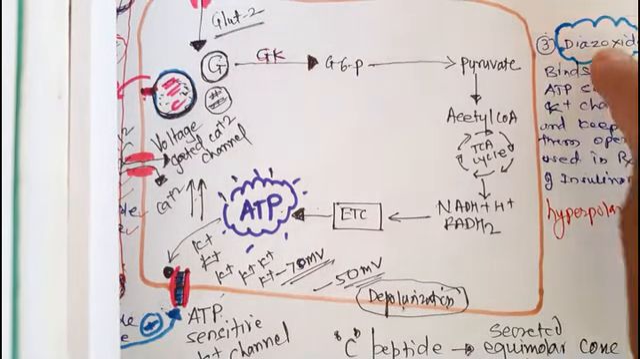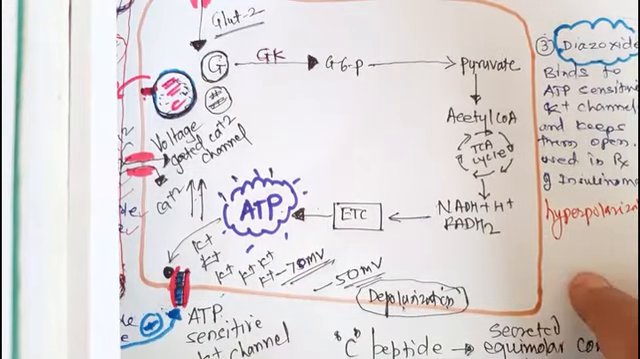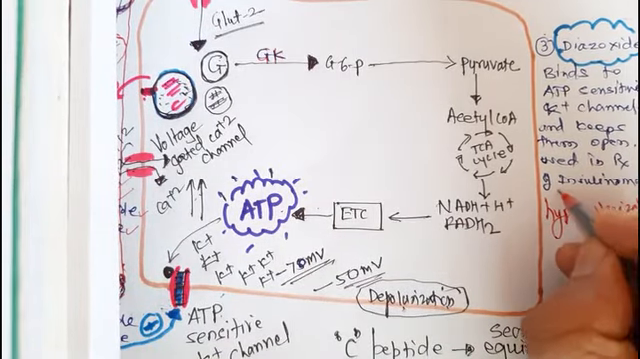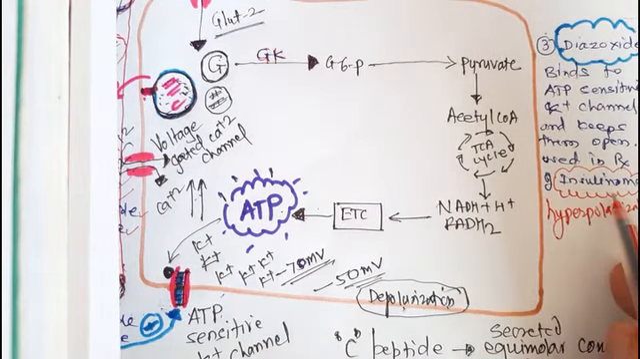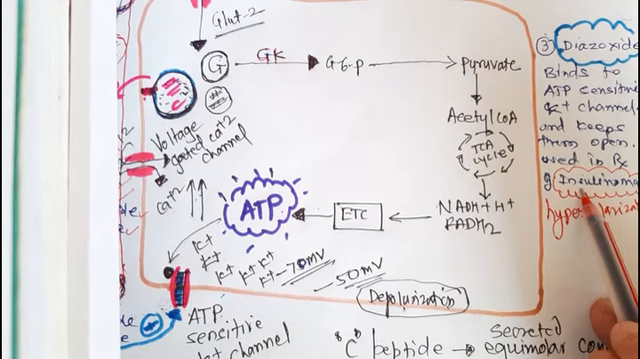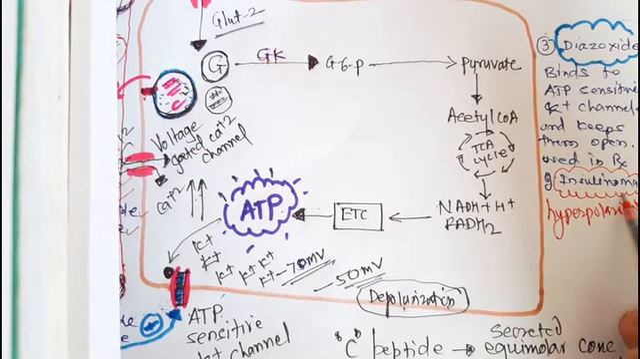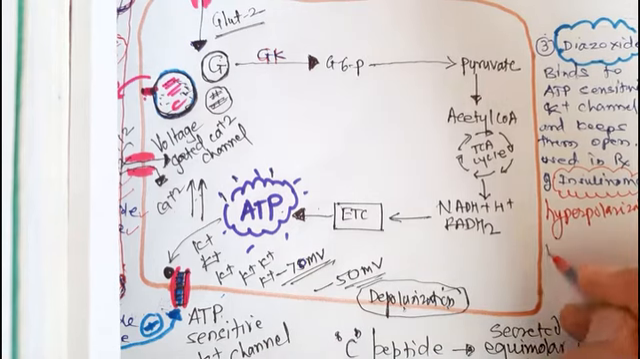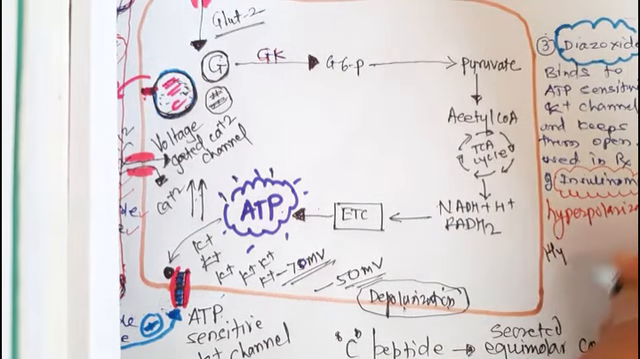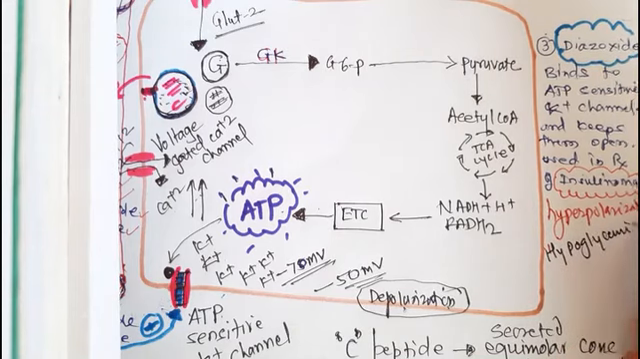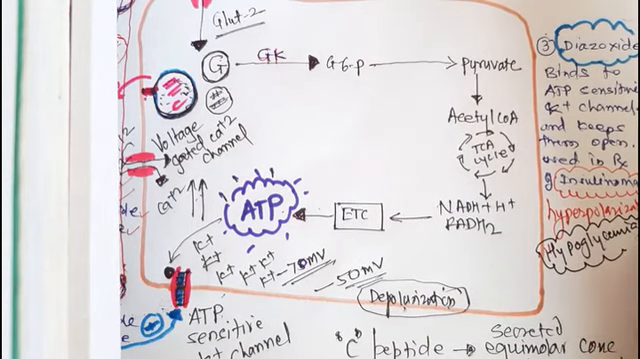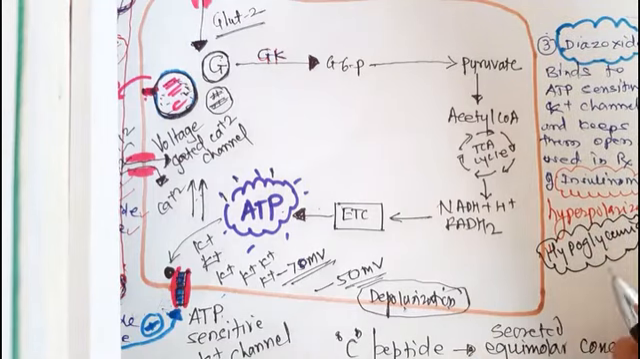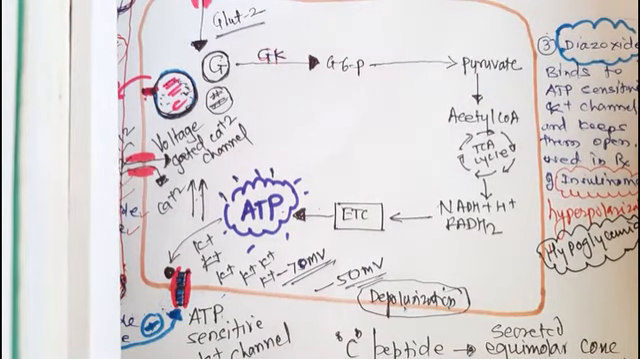So this particular drug diazoxide is used for the treatment of the condition called insulinoma, which is a tumor of beta cells of the pancreas. In insulinoma there is an increased secretion of insulin, and that results in hypoglycemia. Hypoglycemia is a dangerous condition where death may occur. So to treat this condition, a drug like diazoxide is used,